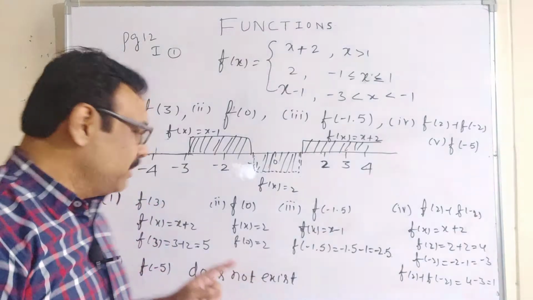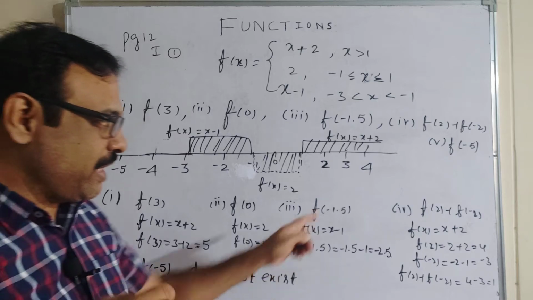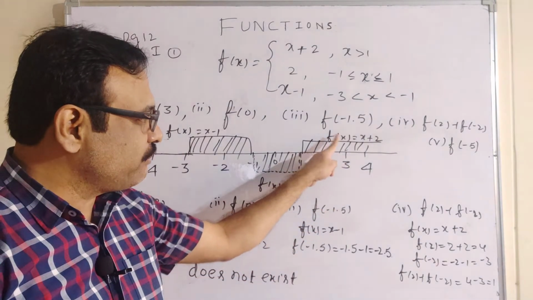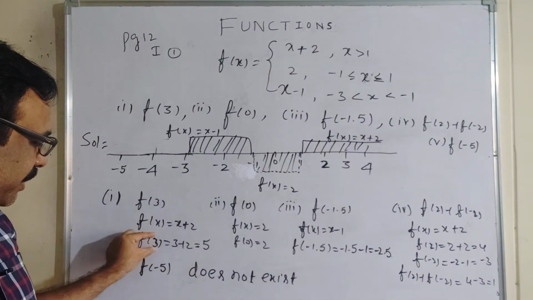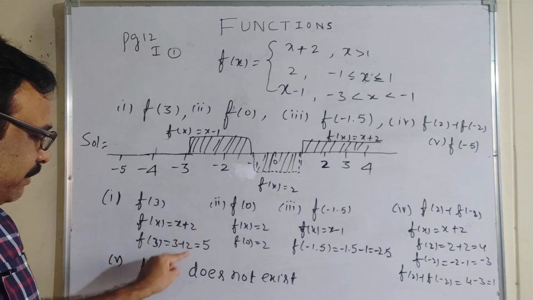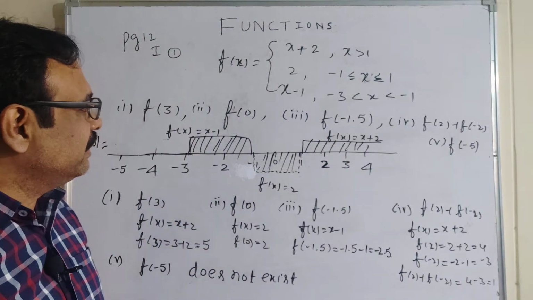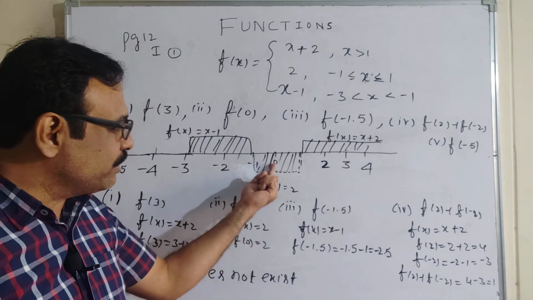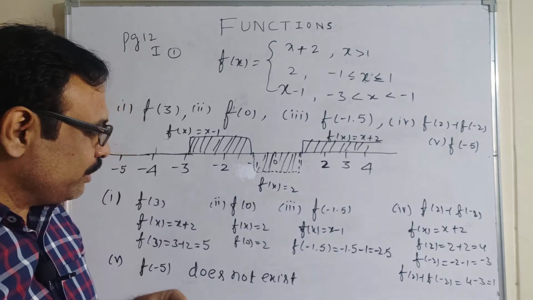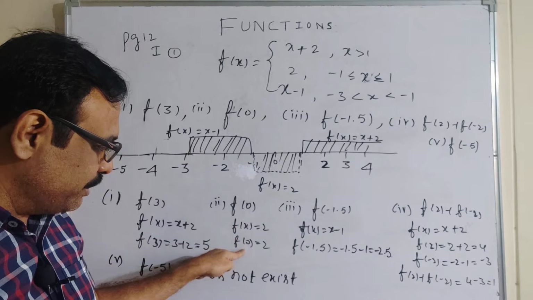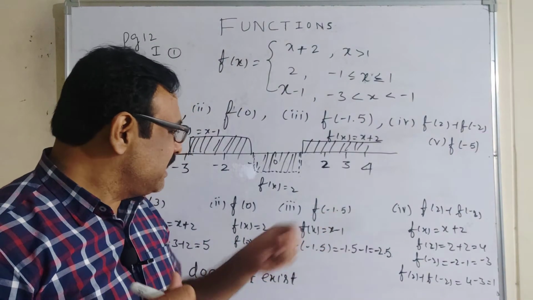The first value is nothing but f of 3. Now exactly where f of 3 is, you take this part, here this is 3. On top of that, what is the function definition? f of x is equal to x plus 2. In place of x, what do I need to substitute? 3. So f of 3 is equal to 3 plus 2, that equals the value of 5. Now, coming back to the next one, f of 0, that I need to define in the second bit. f of 0: on top of that, you find f of x is equal to 2. So in place of x, if I substitute 0, the value is going to be 2 because that is a constant function.